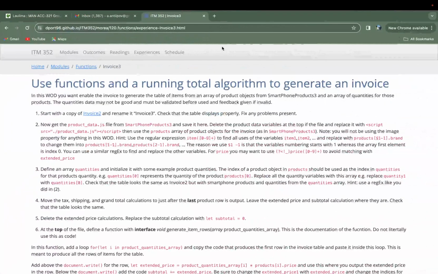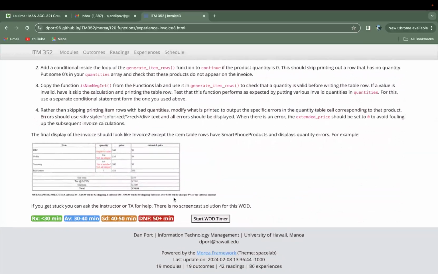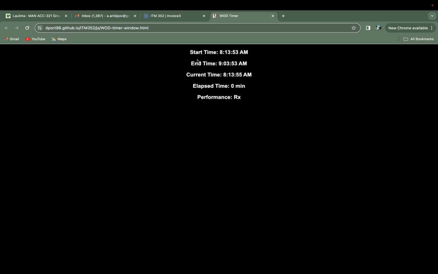Hey, this is my Invoice3 recording, my attempt number 1. Let's begin. I have 50 minutes to complete this, starting my timer. Okay, timer is going, it's 8:13,